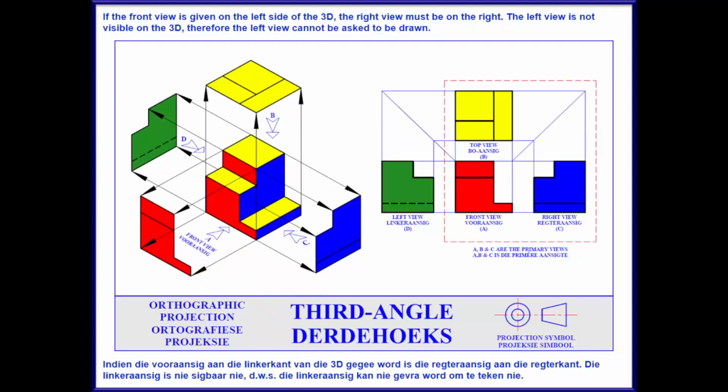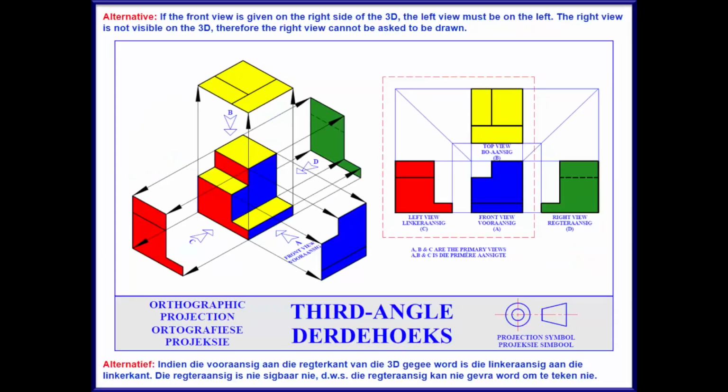Make sure about third angle orthographic projection placement of the views. Our top view is always at the top. Our front view is always underneath our top view. Our left view on the left hand side of the front view, and our right view on the right hand side of the front view. It's evident that the right view is visible, but we cannot see the left view if we look from the direction of the arrow D, which means that the left view cannot be part of the question. That is why only these 3 views are our primary views, and then one of these views or all of these views can be asked as part of the question when the front view is given on the left.